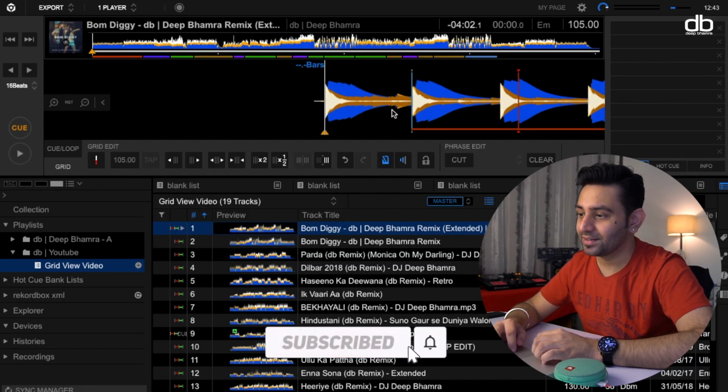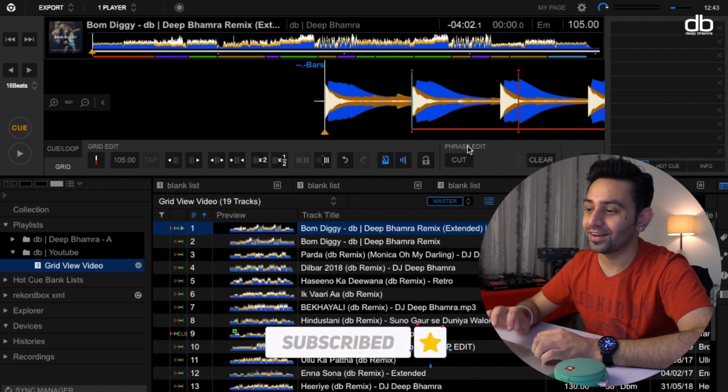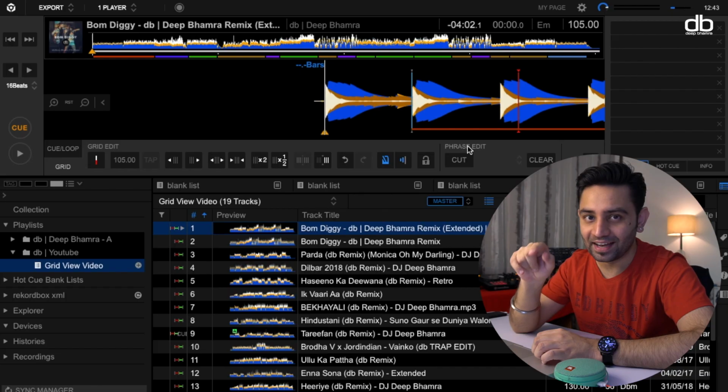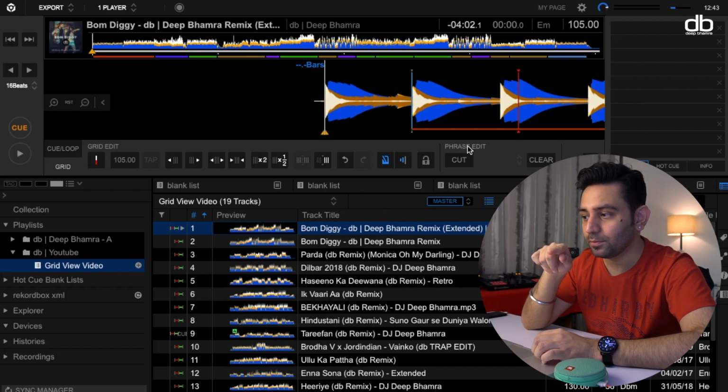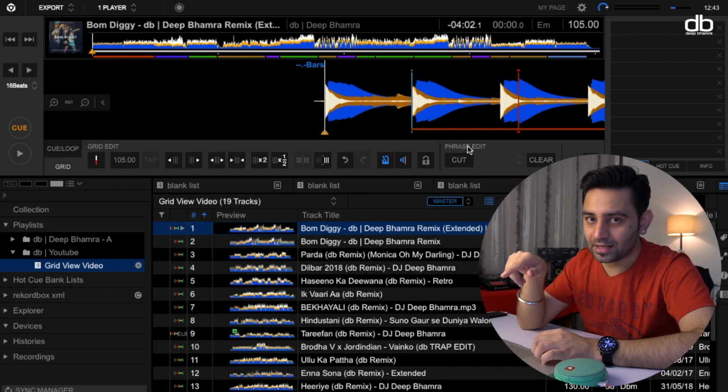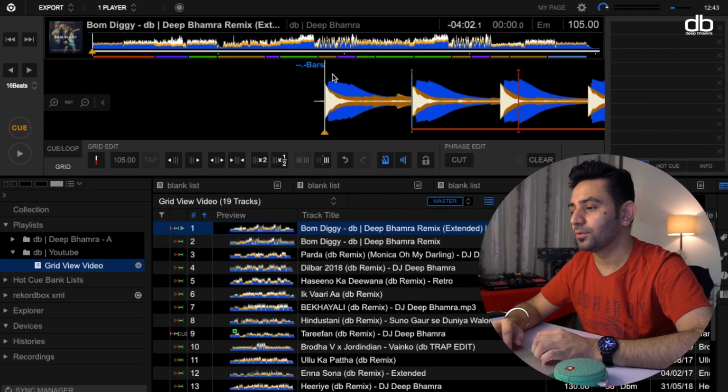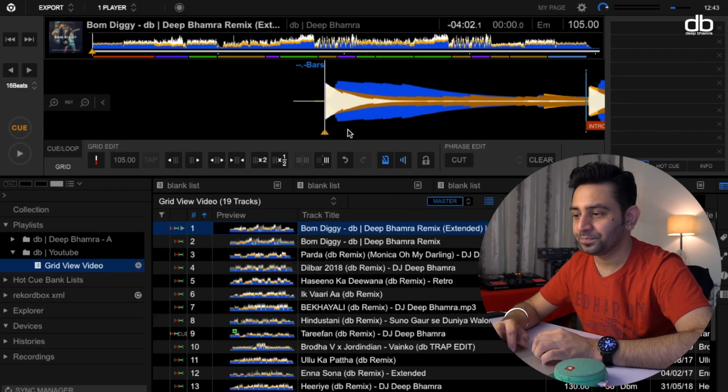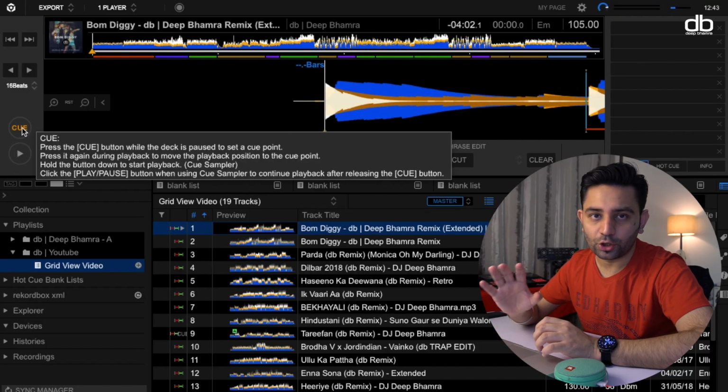But now what has happened is the entire track has turned to 105 BPM, and that is where you'll have to use the beat grid editor to change the BPM of the track in between as well. So first thing that you're going to do is go to the beginning of the track, go to the first beat and then hit Q, and then your Q is set.